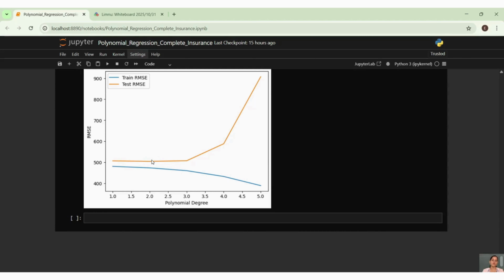If we take more number of degrees, the value is increasing. So this is the trend we are getting when we are going ahead with the polynomial regression concept. This is one metric which we are analyzing. The same thing you can do for all the other metrics, and you can see the trend by yourself.